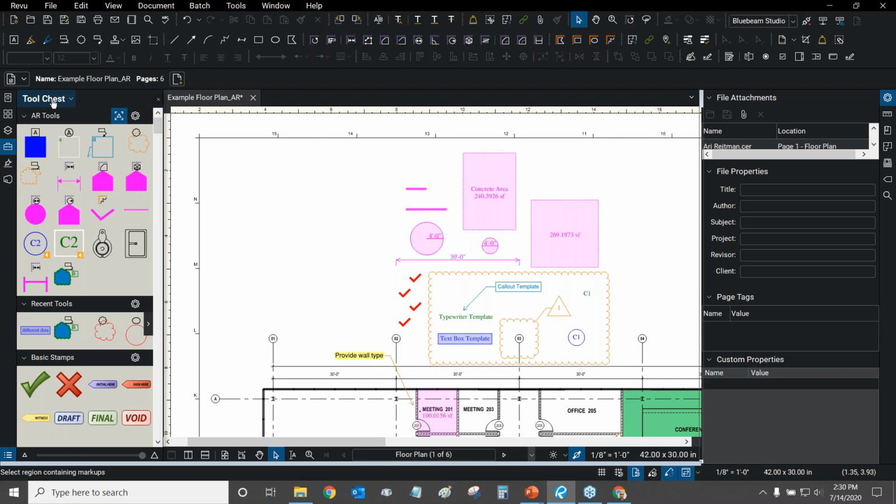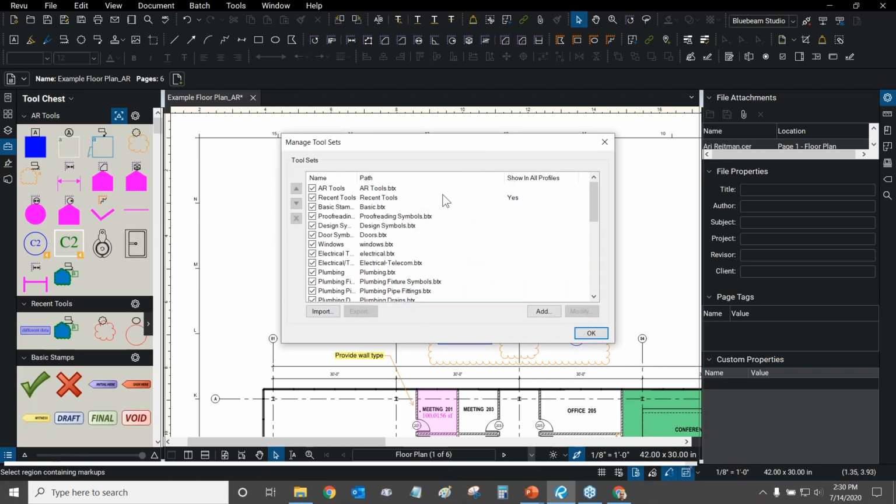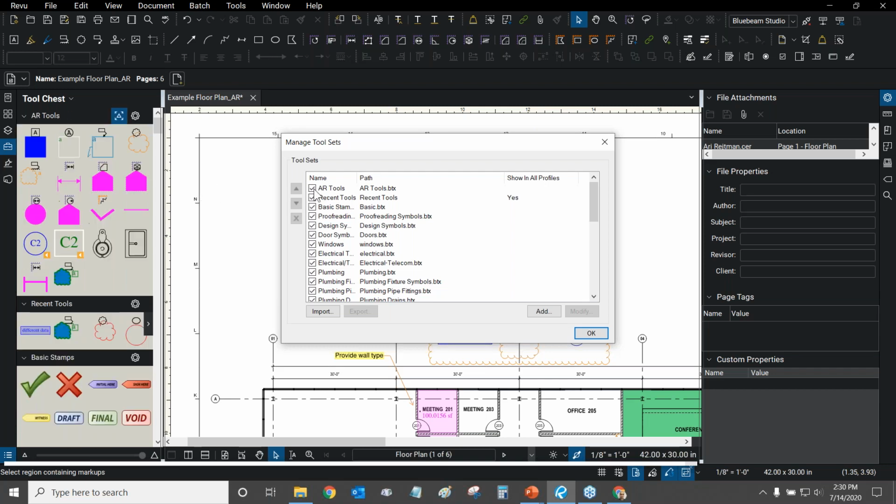Then let's look at the tool chest dropdown, and we can see that we have all of these different tools here. And let's click on Manage Tool Sets. Here, we can start to look at the different tools that are turned on and off. If I wanted to, I can turn some tools off. So there, my tools are now gone. I'm going to put them back. And the actual My Tools tool set, I've moved it all the way down here. I did that by selecting it and using these arrows so I can move it down and up with these arrow keys.